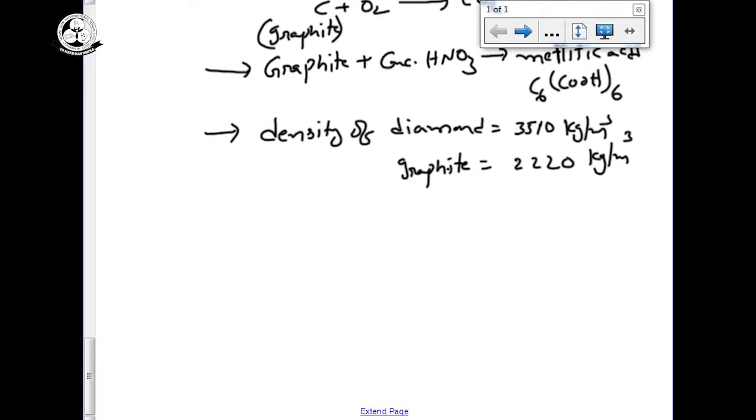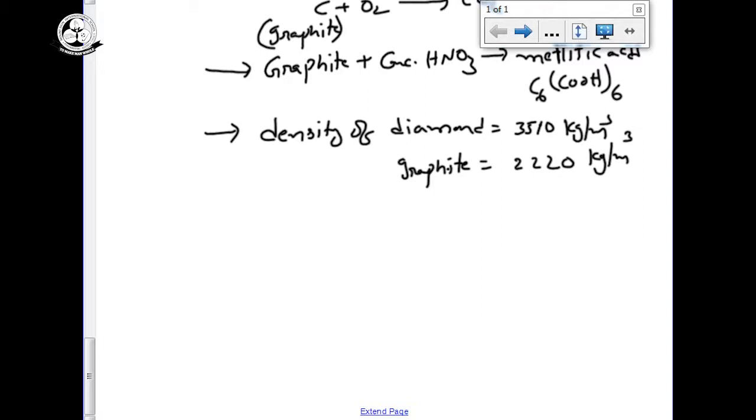Now, I already told you that graphite has a layer type of arrangement. That layer arrangement is AB type or ABC type. You will see in the solid state chapter what the AB type and ABC type of arrangements are. Hexagonal rings we see in the same manner. This is the discussion about graphite.